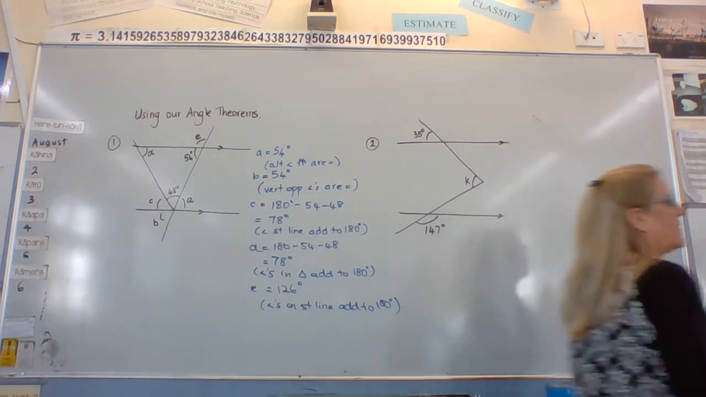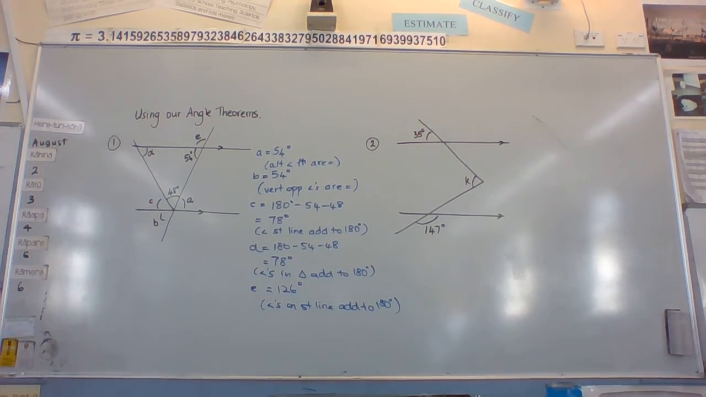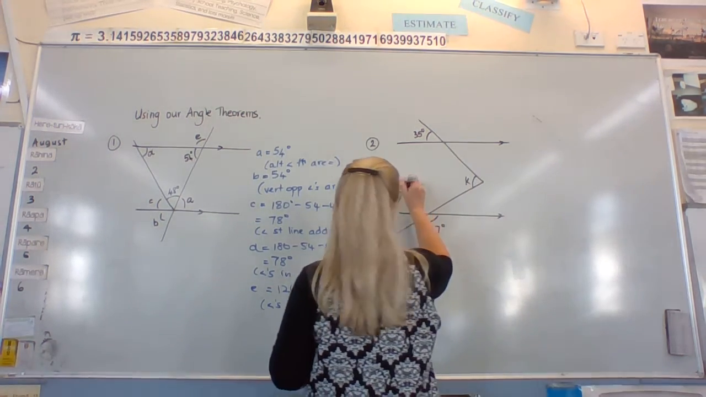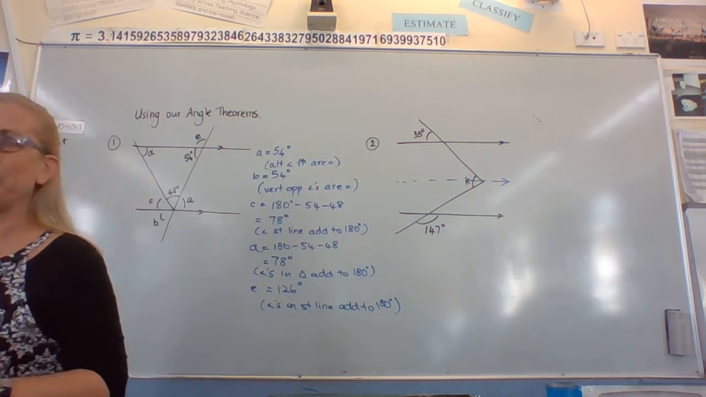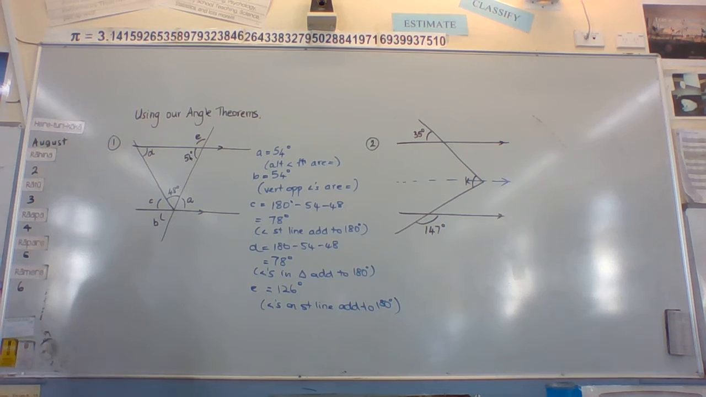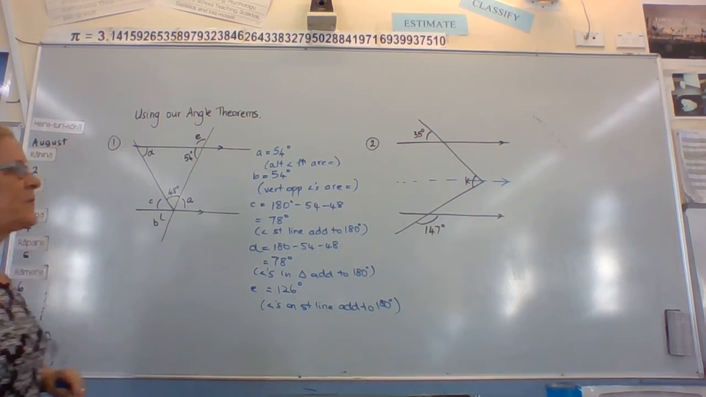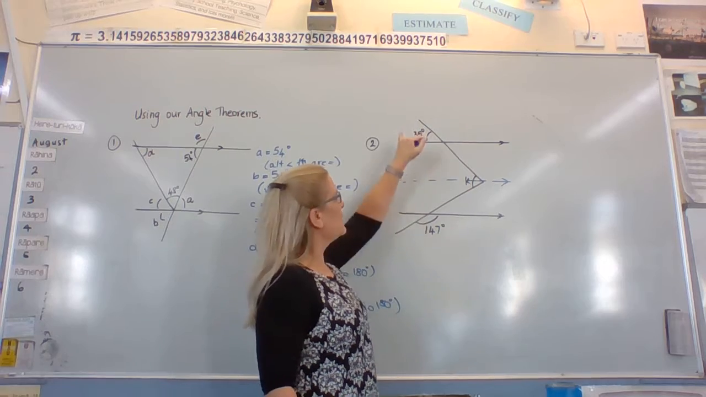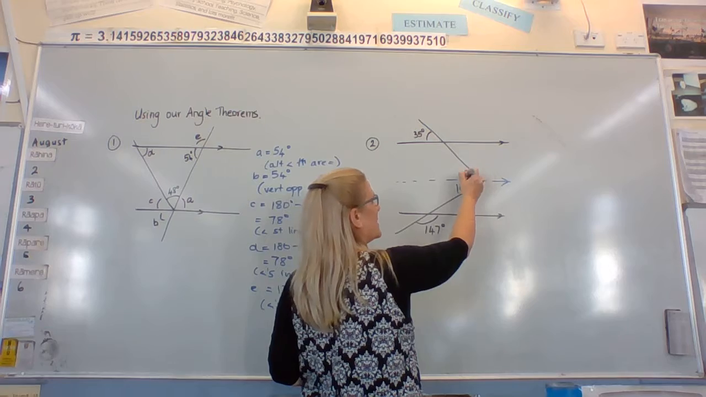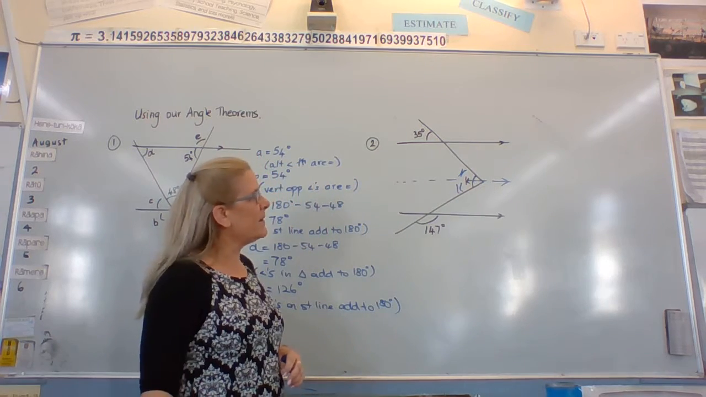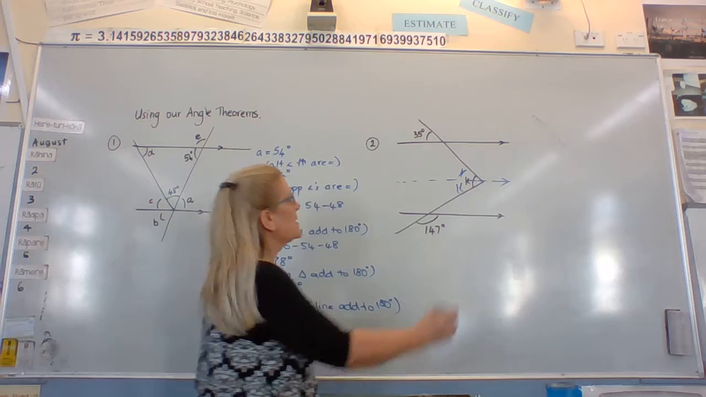What if we have one that looks like it's pretty near impossible, but it's not? And the reason it's not is we can be really clever and add in our own parallel line. So, if this is 147 and this is 35, where might I like to go next? Well, I'm trying to find this one and this one using the parallel line reasons. So I'm going to go